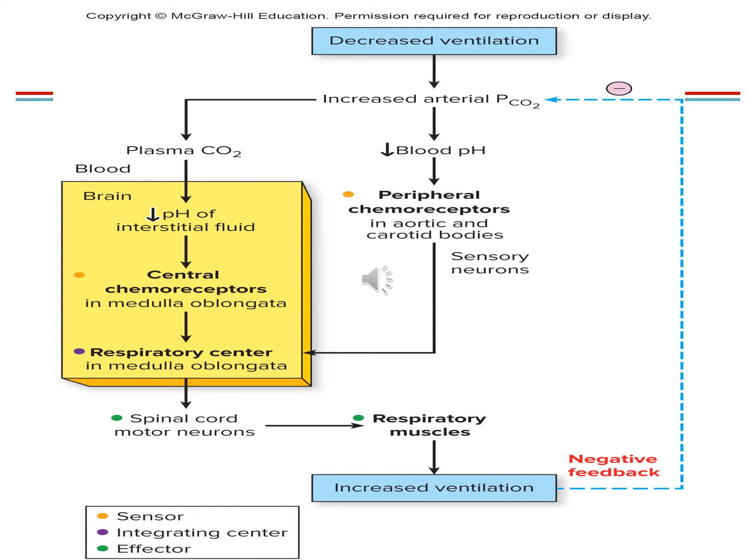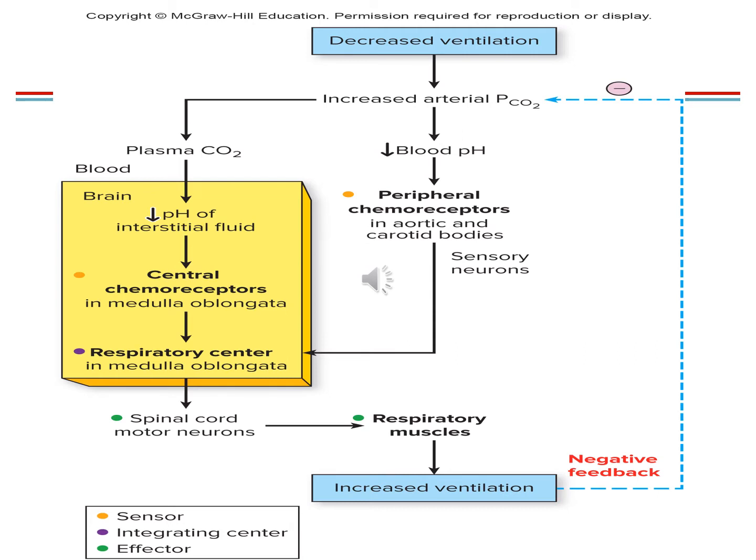Because it really doesn't matter what kind of chemoreceptors sense that drop in the blood pH, if it is the peripheral or if it is the central. What is important is that one or the other informs the respiratory center in the pons and medulla oblongata. Those respiratory centers are informed that the blood pH decreased, which means an increase in hydrogen ions and an increase in the concentration